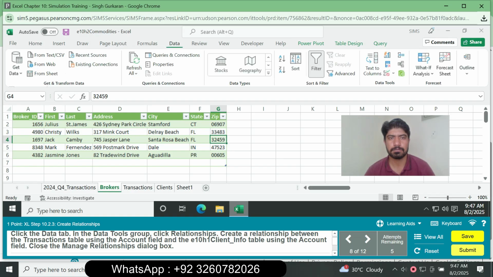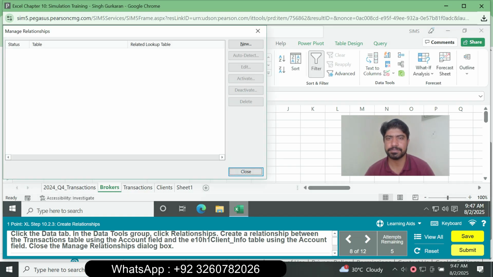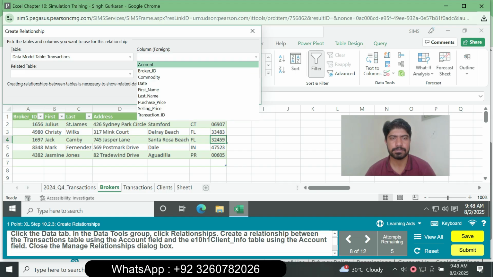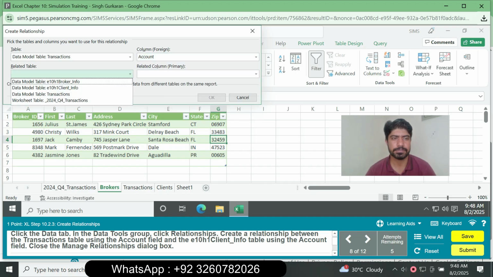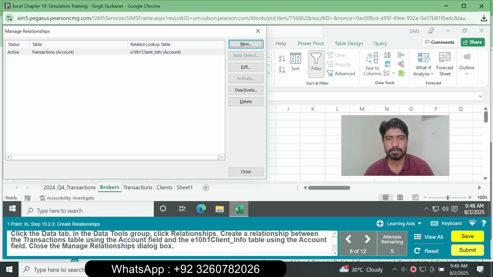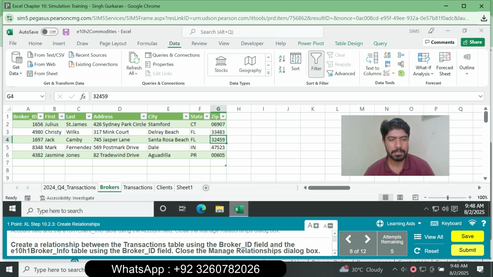So go to the Data tab and click Relationships, click New and data model table transactions and next click the account and next is data model table client info and click the account and click OK and click close